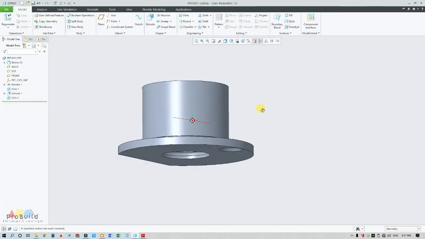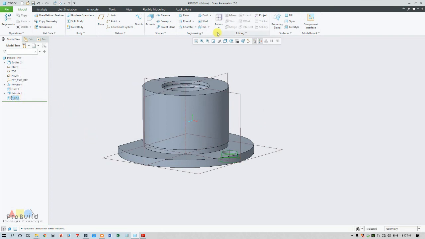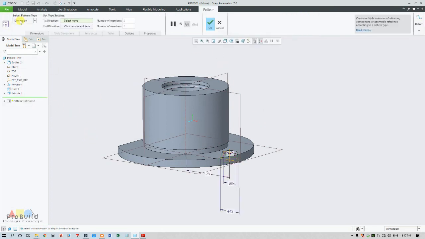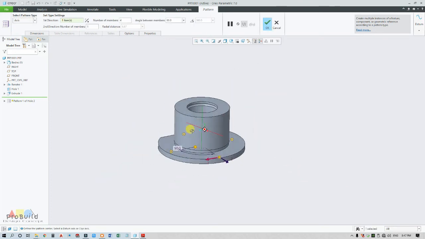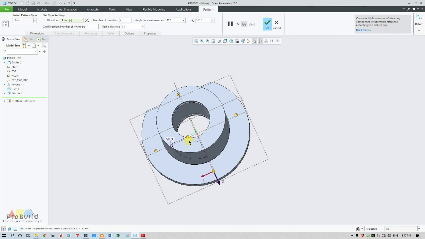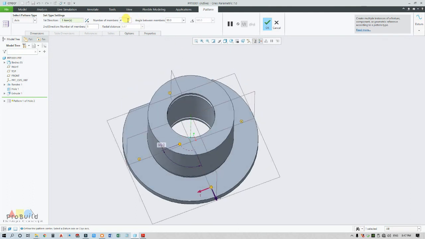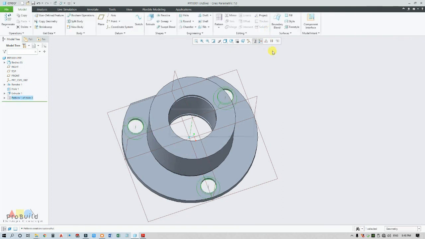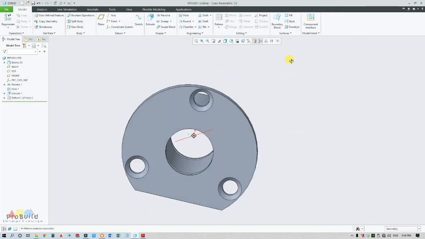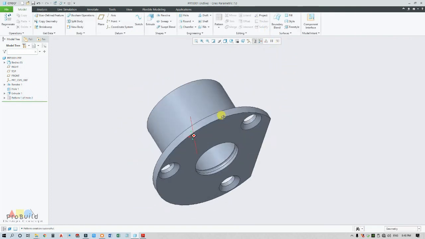Now to make this pattern, select this hole, go for pattern, select axis pattern and select my axis. By default it occurs 4 members, so I'm going to change this to 3. Instead of going for 360 degrees, I'm going to choose 120 degrees because it is equidistant. So I could find my 3 circles here. Just click OK. Yeah, my part is completely ready.